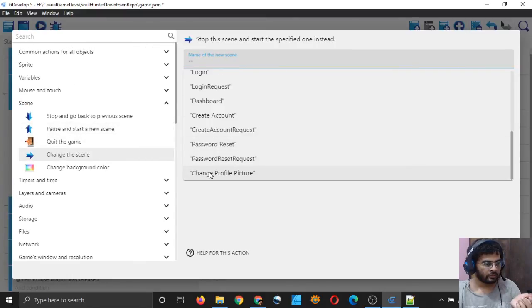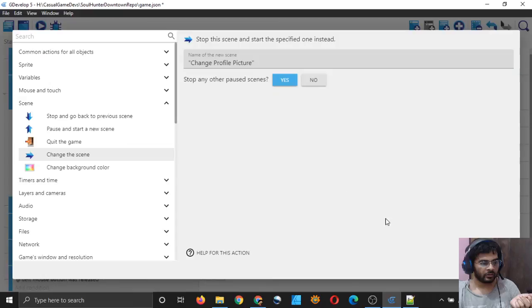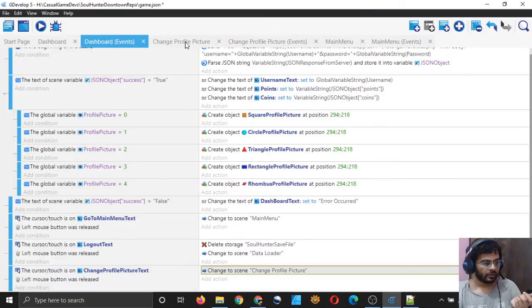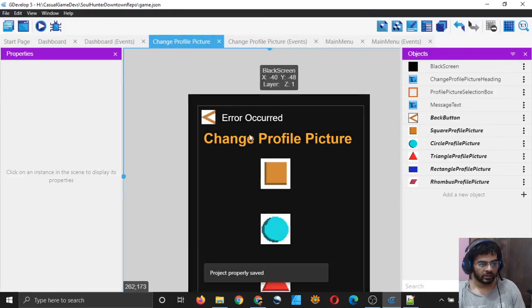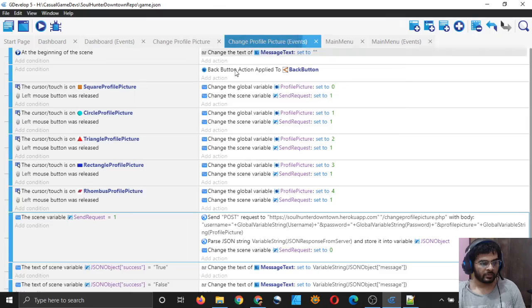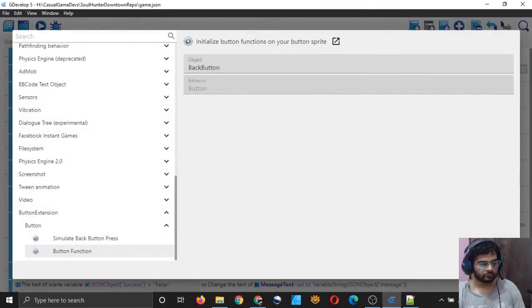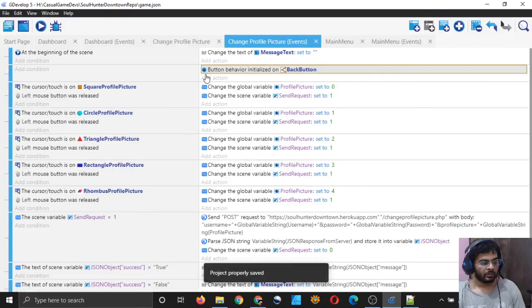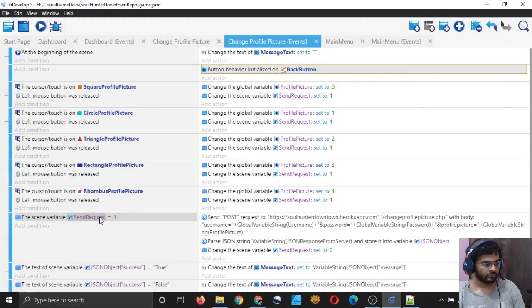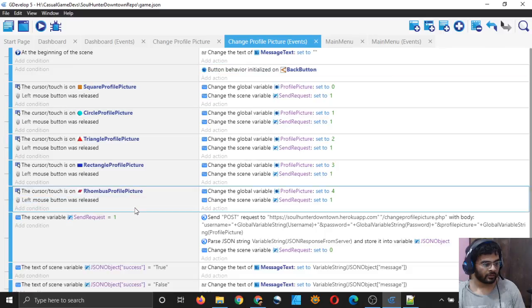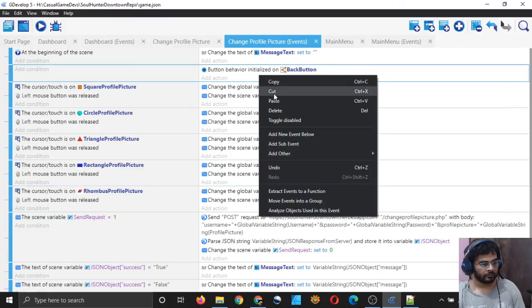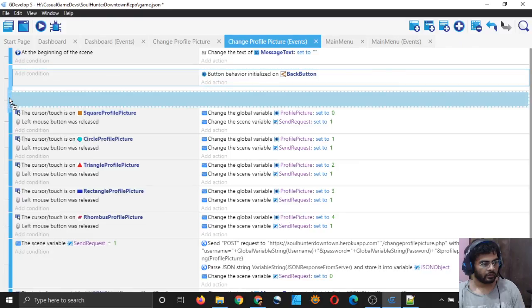Change the scene to change profile picture and stop any other pause scene. Click on yes. And in my profile picture scene, I will not simulate back button pressing, I mean back button action on back button. I will simply simulate button press, button function on back button, button behavior, and I will need to do this for the back button, that is check for touch or cursor and check for left mouse button. Copy it and paste it below this one, paste,